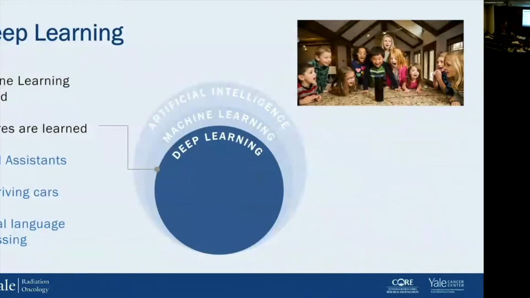And I think that's often spoken about in the context of artificial intelligence. The reason for that is because it's able to learn features with raw data. And so it's allowed to utilize information in an end-to-end format, which in many ways is very useful and can be utilized when we're developing AI technologies. Deep learning is the engine for a lot of things that we're using today: virtual assistants, self-driving cars, natural language processing. Anything that is being used by Facebook or Amazon is primarily using deep learning in some way, shape, or form.